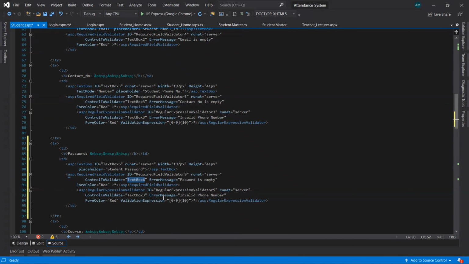Now in the regular expression, we don't need any regular expression here, because a password can be any kind of expression, like characters, numbers, anything, so we are commenting it out. But for this text box we want the password to be in password mode, right?